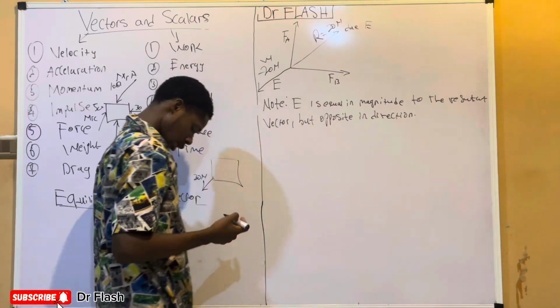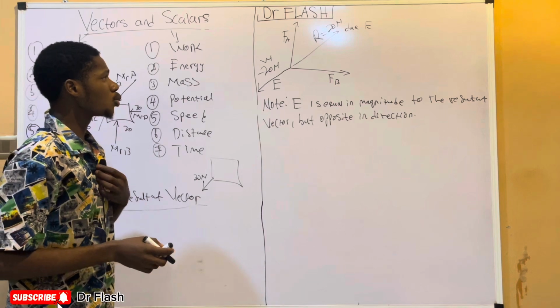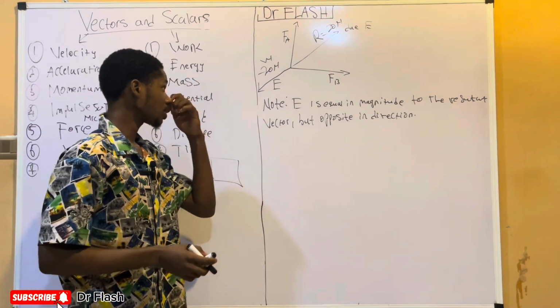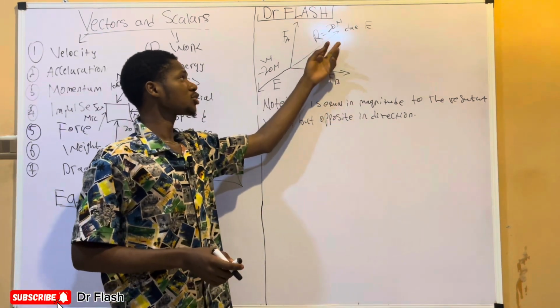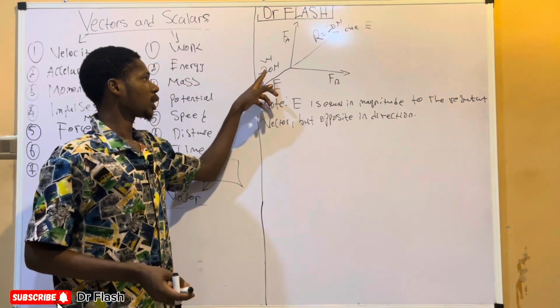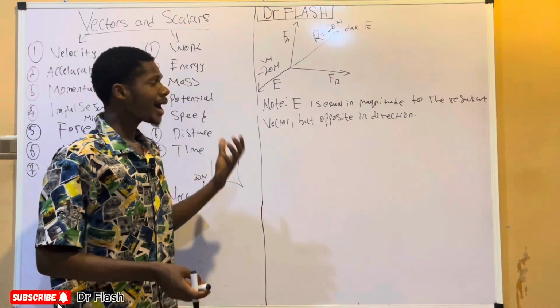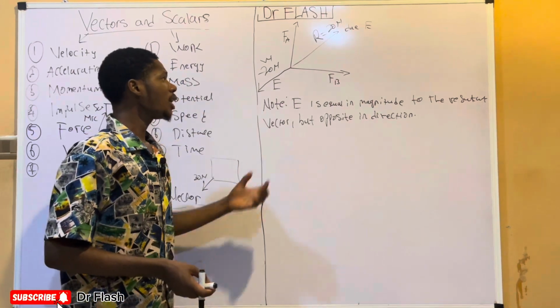West. It simply means that this guy is due west. Okay, that's simply what it means. So if the resultant vector is 20 newtons due east, automatically the equilibrium vector is 20 newtons due west. I've seen situations in exams whereby they ask for the equilibrium vector, but people solve for